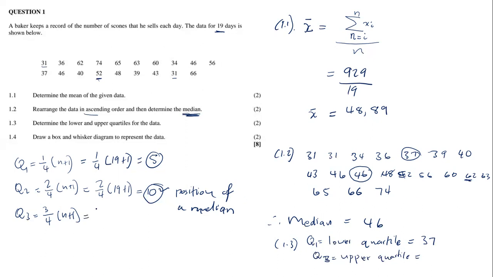What are you going to say? You're going to say 3 over 4, and therefore I have 19 points plus 1. When you calculate this on your calculator, you get 20. 20 divided by 4 is 5. 5 multiplied by 3 is 15. Meaning Q3 is position number 15. You count 1, 2, 3, 4, 5, 6, 7, 8, 9, 10, 11, 12, 13, 14, and 15. Position 15 is number 62. So either way, whether you do it manually or use your formula, that's how we determine number